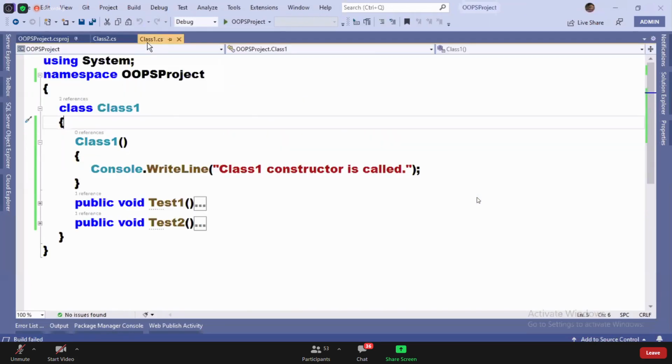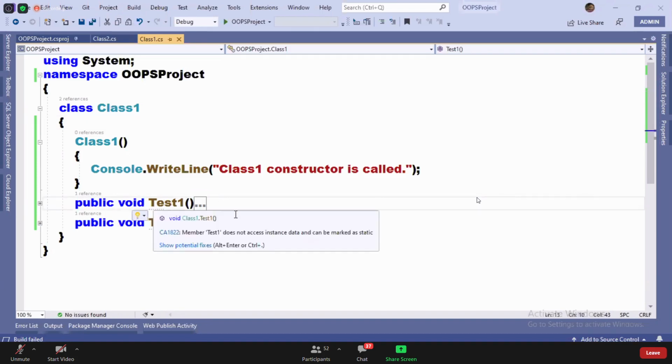Why am I getting this error? Earlier also we had a constructor, an implicit constructor. But now when I define a constructor explicitly, the error is coming. It's confusing. When the constructor is implicit, everything got executed. When the constructor is defined explicitly, we are getting an error.